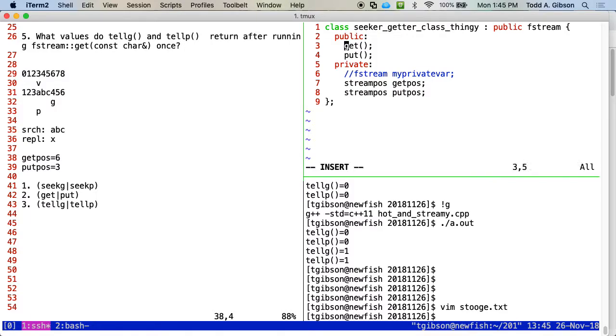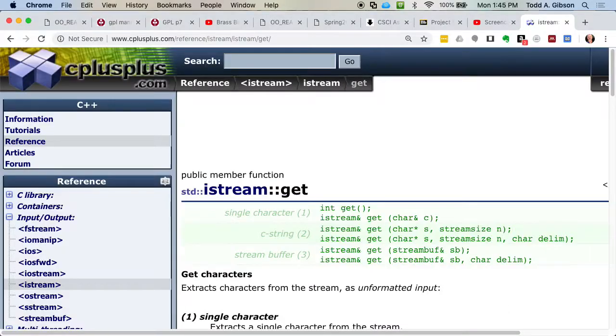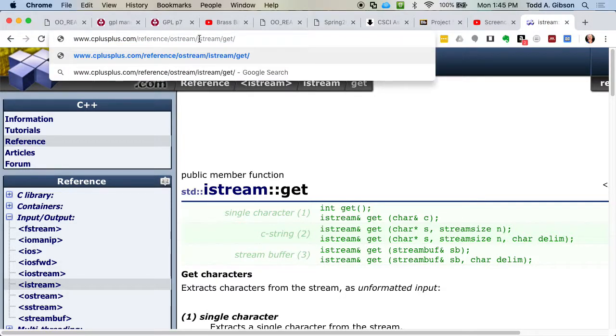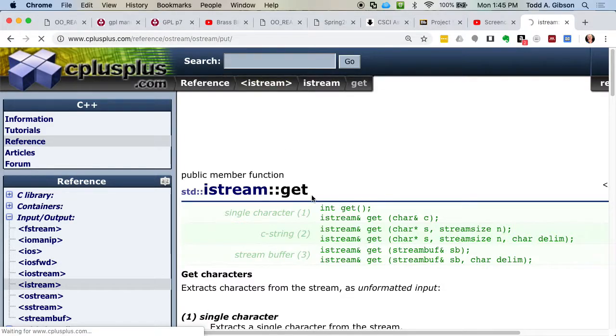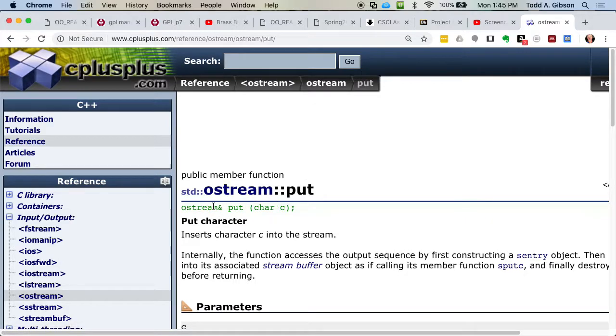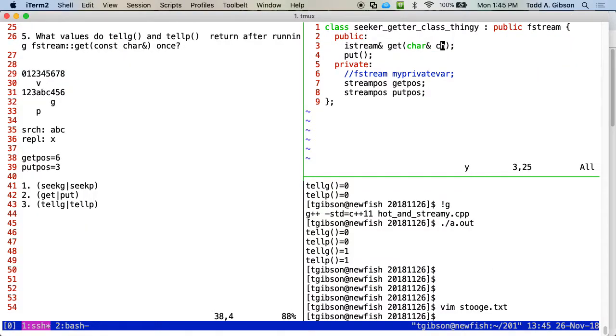So I would say istream reference, get, character reference, and then I can go ahead and look at the ostream version for put. I'm sure what we're going to see is that it's an ostream reference, and note that it's not a character reference going in. Why is there not a character reference and just a character for this? Not modifying. Right. The member function put does not modify its argument, whereas the member function get does modify its argument.